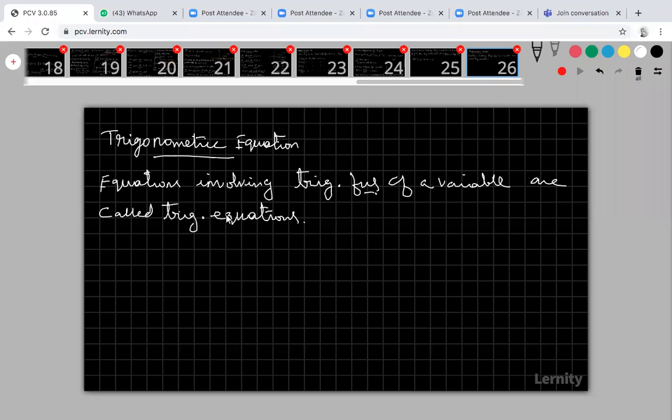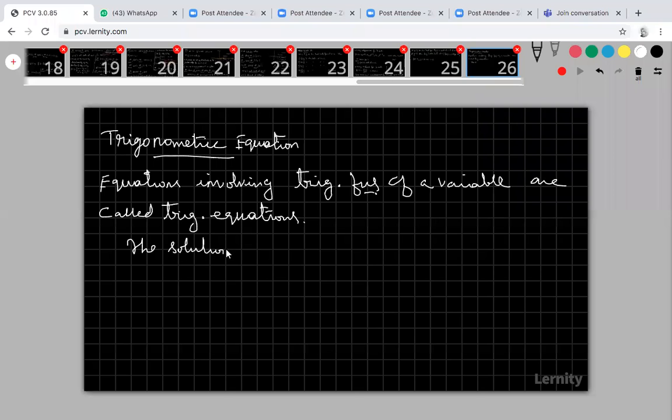Suppose sin x is equal to root 3 by 2. This is a trigonometric equation. Sin x is equal to root 3 by 2, that is a trigonometric equation. Cos x is equal to 1 by 2, that is a trigonometric equation. An equation involving trigonometric functions of a variable is called a trigonometric equation. Okay. Now the solution